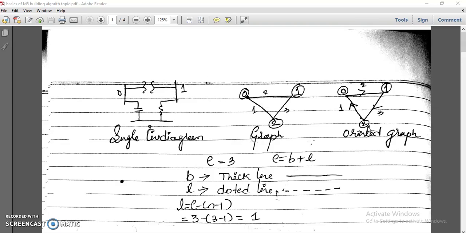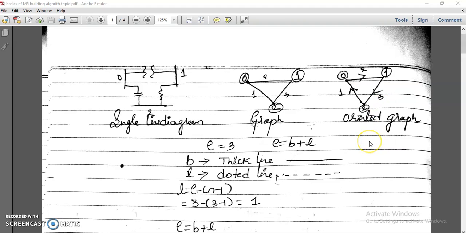As in the first unit, we randomly chose as per formula, we found how many branches and how many links, and we numbered them in increasing order, 1, 2 as branches and the third one as a link, as we taught in the first module. But as per the building algorithm, it deals with exactly which element acts as a branch and which element acts as a link. That is the main thing here.